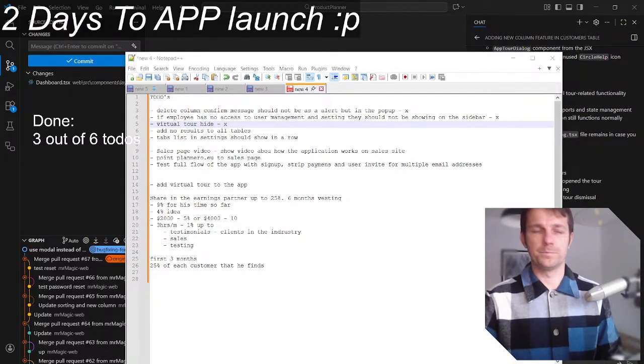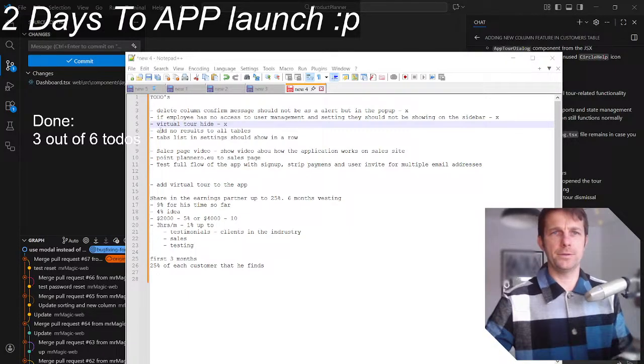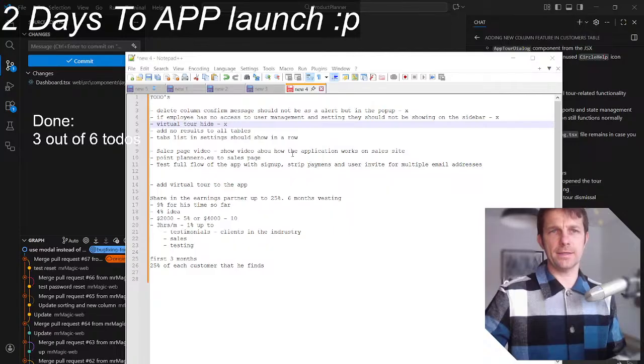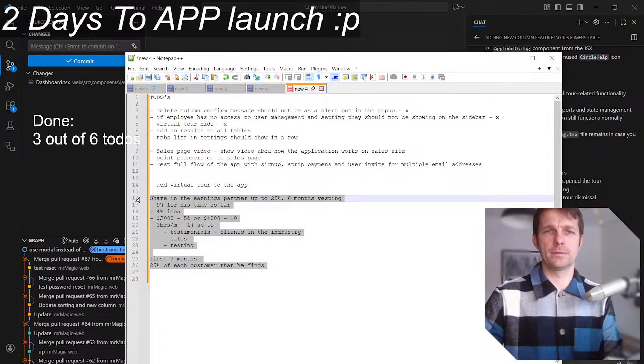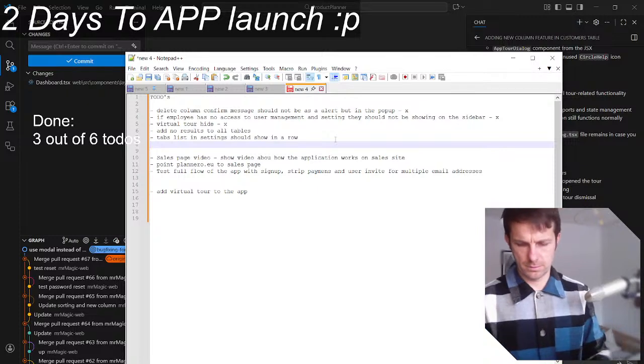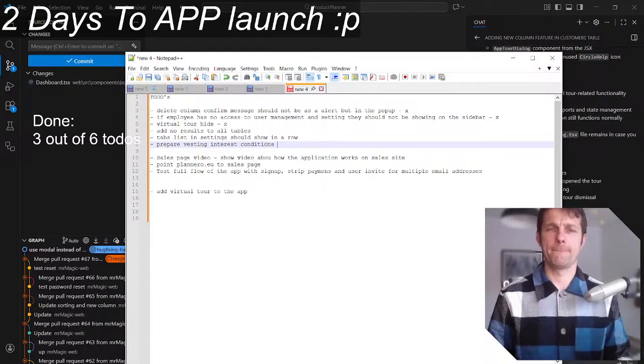Doing it well. And next one, add no. Oh, it's out of 5 actually. Let's add another task. So we actually also did prepare share investing interest conditions for a partner.